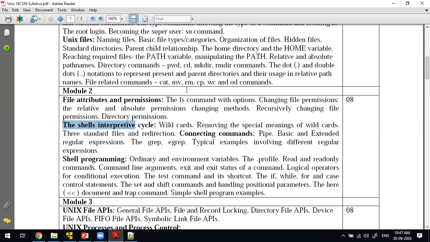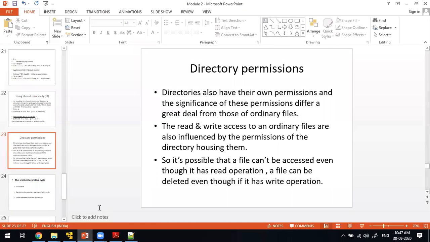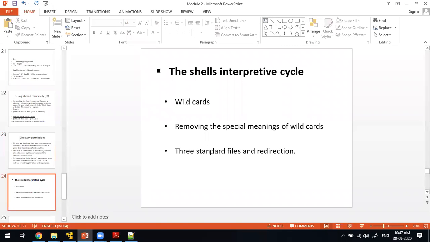Yes, the shell interruptive cycle will start now. See, in this chapter we are going to discuss what this shell is all about. We use the word shell. What is this shell about? How many different types of shells are there?